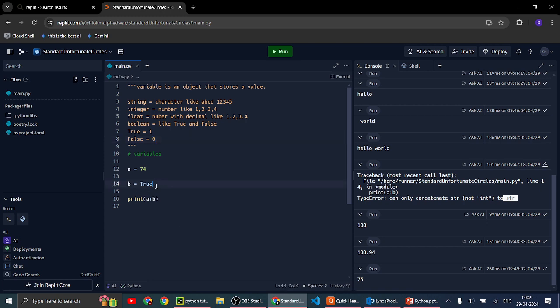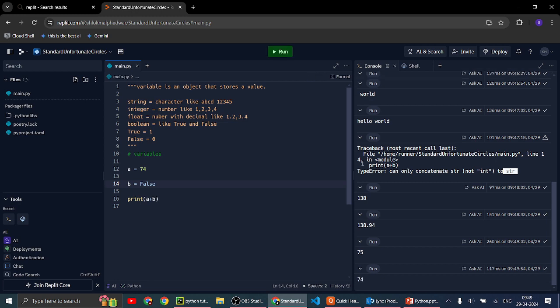So here it is true, and true is B, and true means one. Everyone knows true means one. So the one has been added to this, and if I have put false here, it will be 74 only, because false means zero. So you have cleared this now.